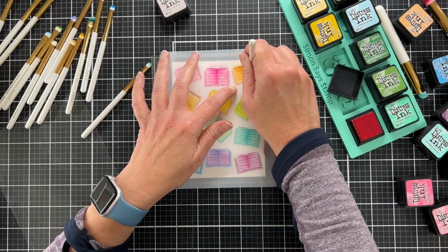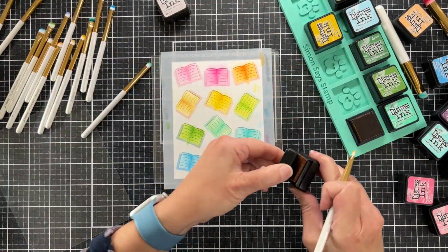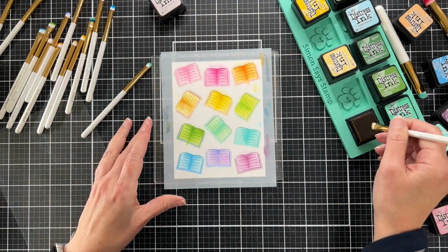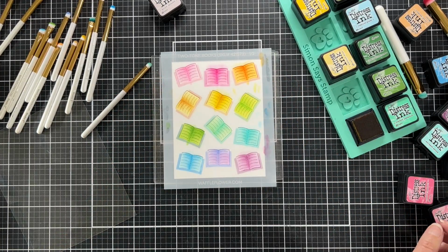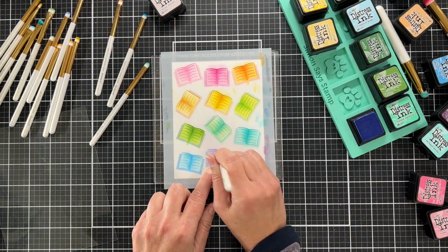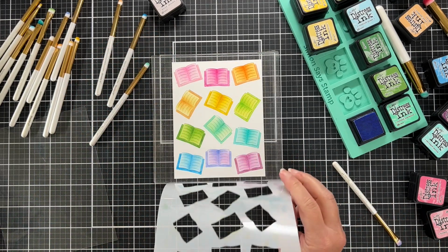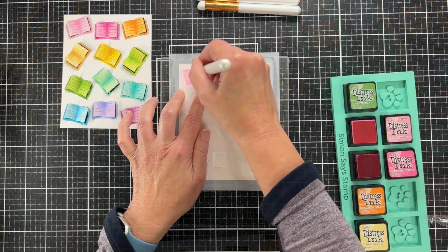All right, you can see I'm almost done. Now what I'm doing is I'm darkening up on each of these books, that center line, and I'm just darkening up this shading. And I'm really loving these new brushes. They really help you do things that you cannot do with your typical blending brush. Like, I would not be able to come in here with that big brush that I used before and make these fine lines and achieve this. So they were just really fun to play with, and I haven't even scratched the surface of what these brushes